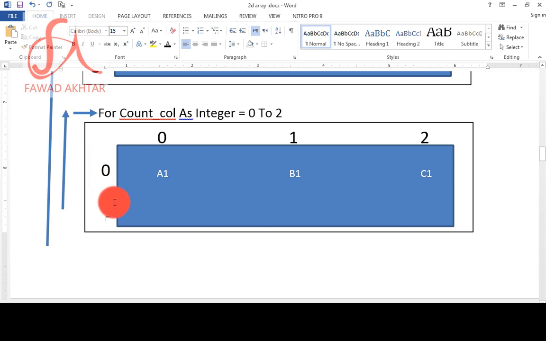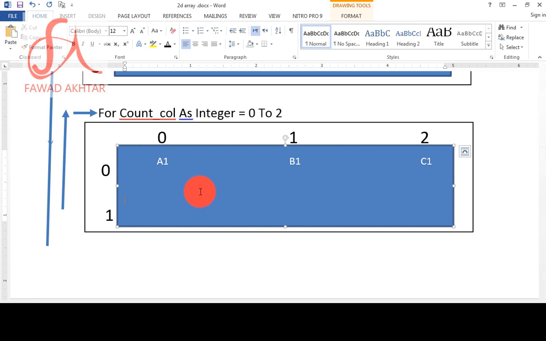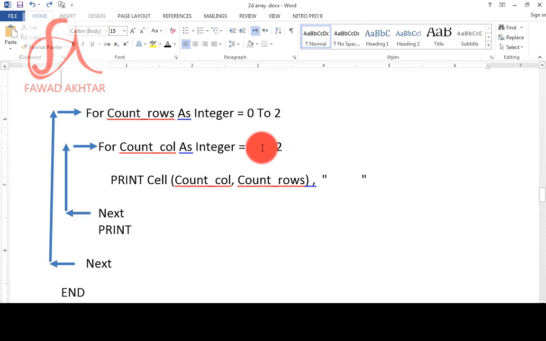Now for the second row, we can call it row number 1 according to the index position 1. Then it will iterate the same process that has been done for the row number 0. Then it will fill row number 2 with the A2. Then the same process will be done for the next row. Then we will go for the next iteration, which is row number 1. Then row number 1 will contain the 3 columns 0, 1, 2, and the same process will be repeated until